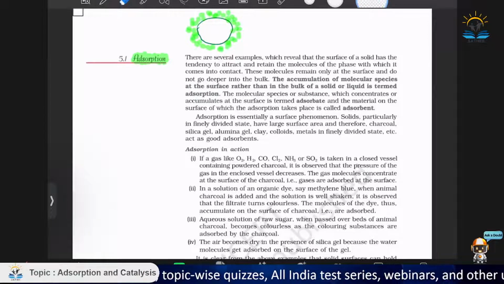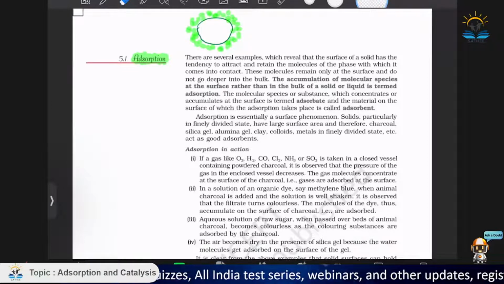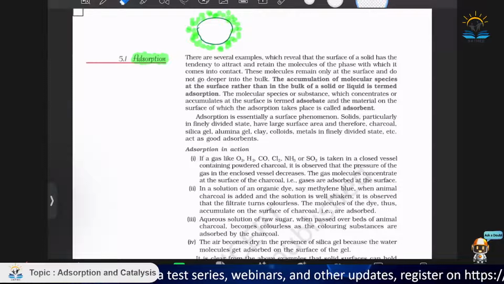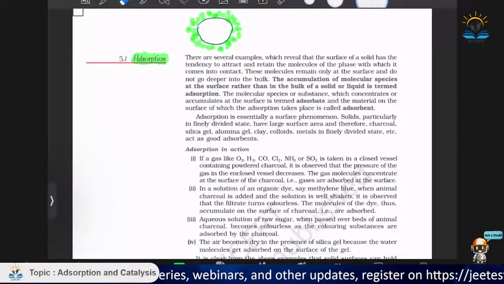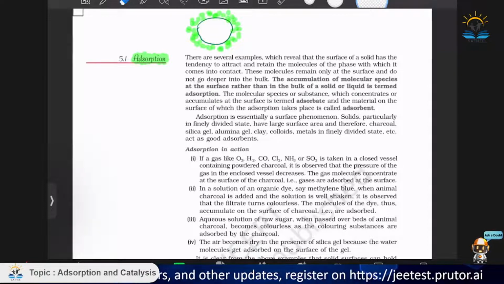What is peculiar about it? Usually the adsorbate is a gas and the adsorbent is a solid,